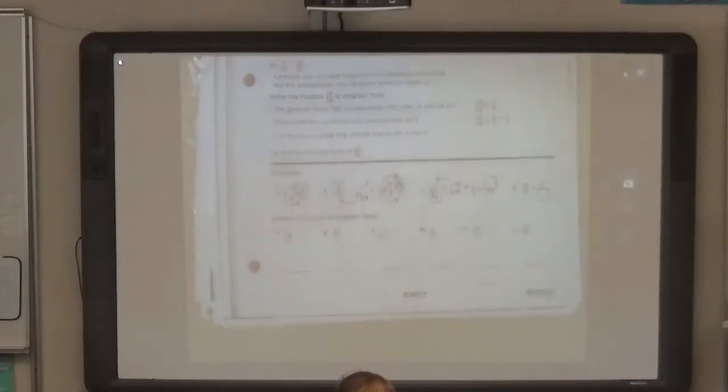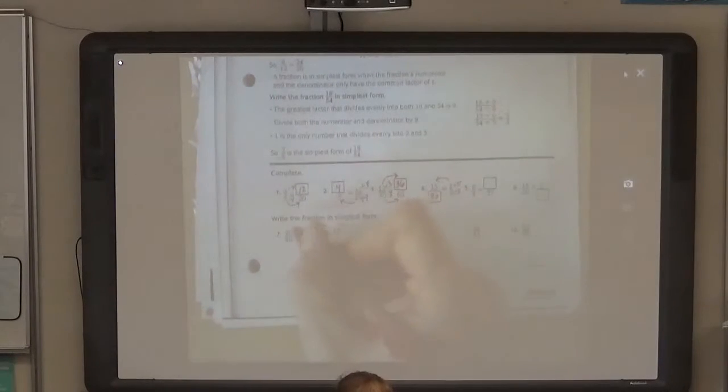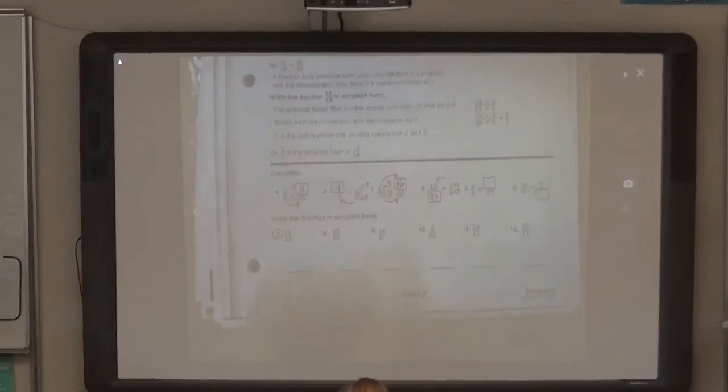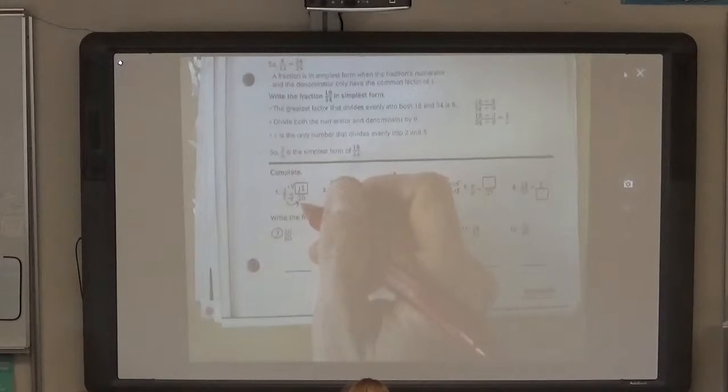All right? Now, let's talk about simplest form. A little bit down to the next section. Number 7. Simplest form means that they don't have any common factors, and that the denominator is not a multiple of the numerator. In other words, the top number doesn't go into the bottom number. So,